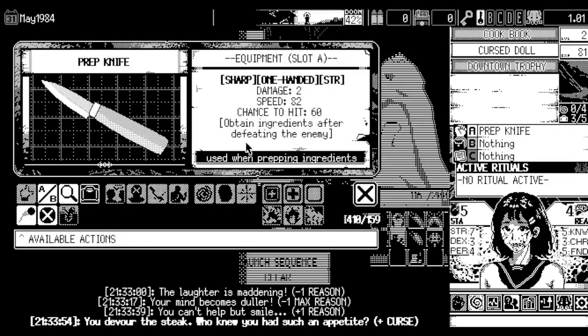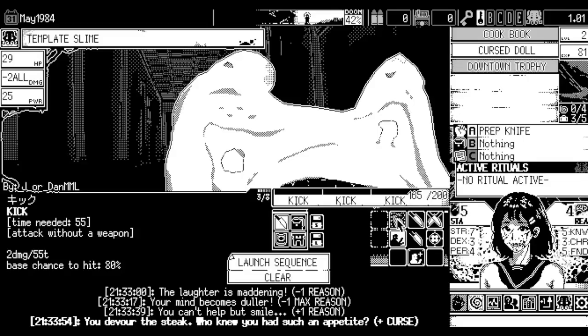Because I think you can still get ingredients just by defeating the enemy. So this is something to think about design-wise, is that if the prep knife does not need to be, and this is a kind of a band-aid fix, would just be to require the player to at least attack even one time, but just say like 2 or 3 times in an encounter to get a chance at getting ingredients or guaranteeing ingredients. Because what I'm going to do here instead is I'm just going to kick, because I get just